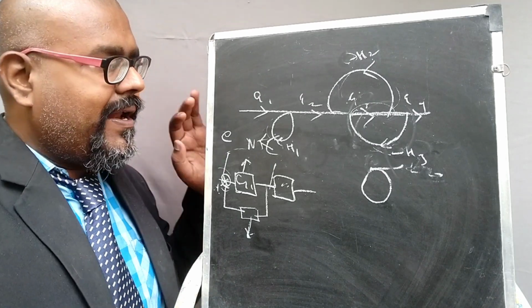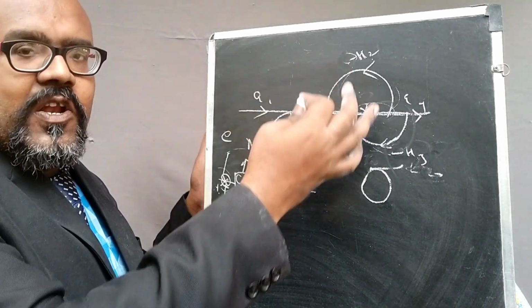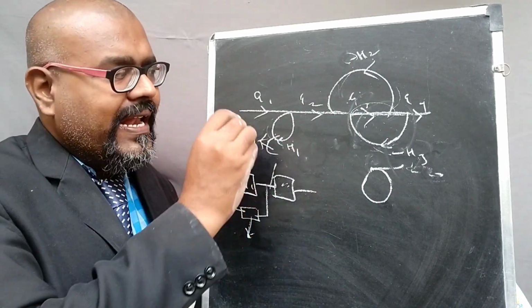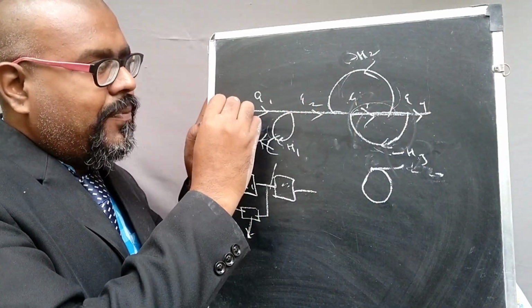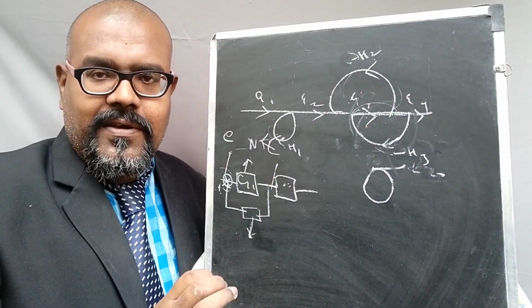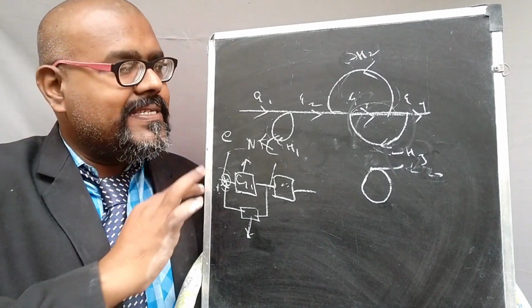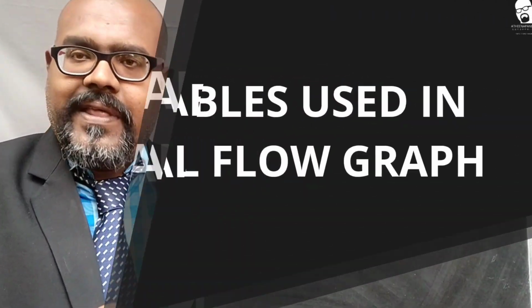Okay, so please remember the elements representation, feedback representation, and the loops. Of course, you already know the forward path. It starts from the input and ends towards the output. That is called as the forward path. So this is the basic introduction. You need to remember these parts and everything.